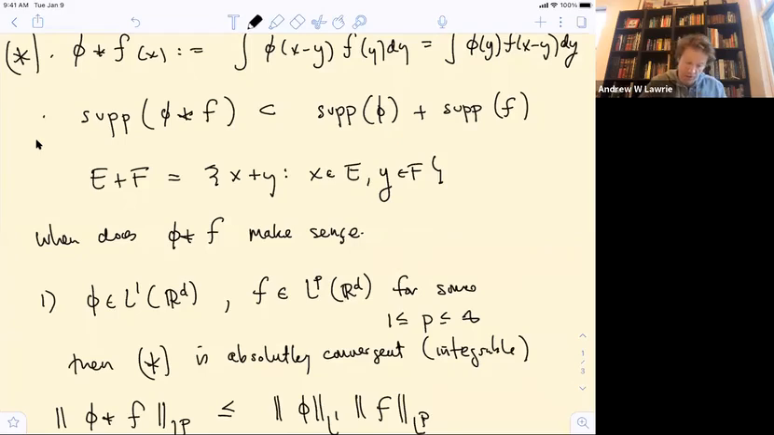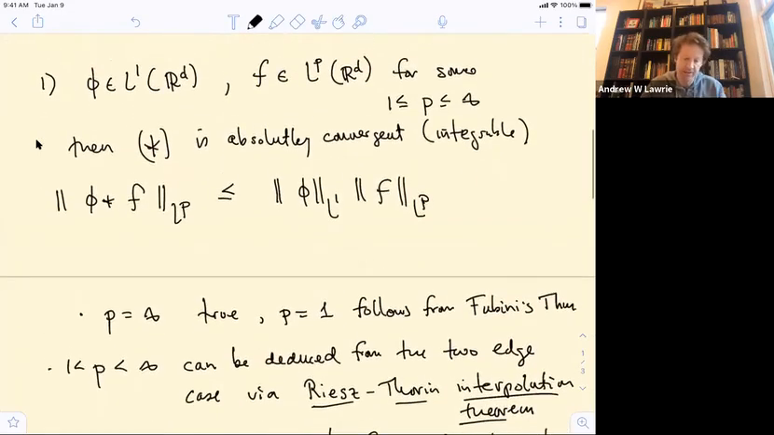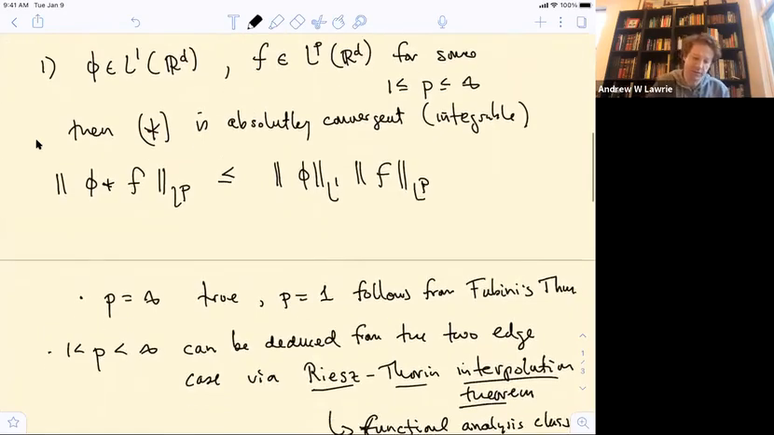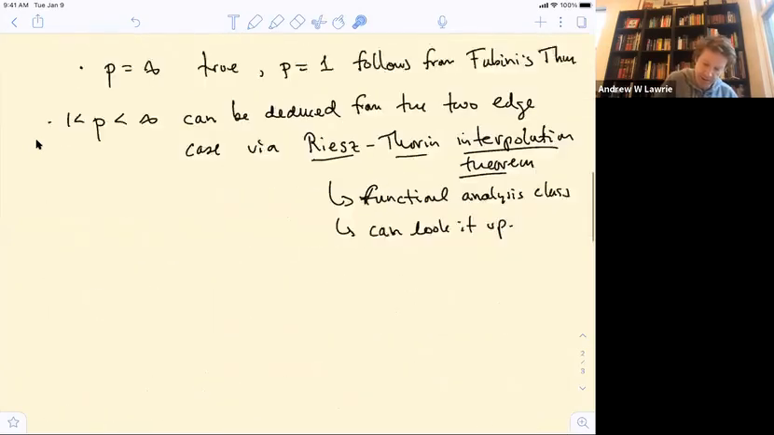Okay, so under these conditions, convolution makes sense, and it also tells you what type of function the convolution is. You get an L^p function if you start off with an L^p function and an L^1 function. So this is one notion that makes sense. Two,